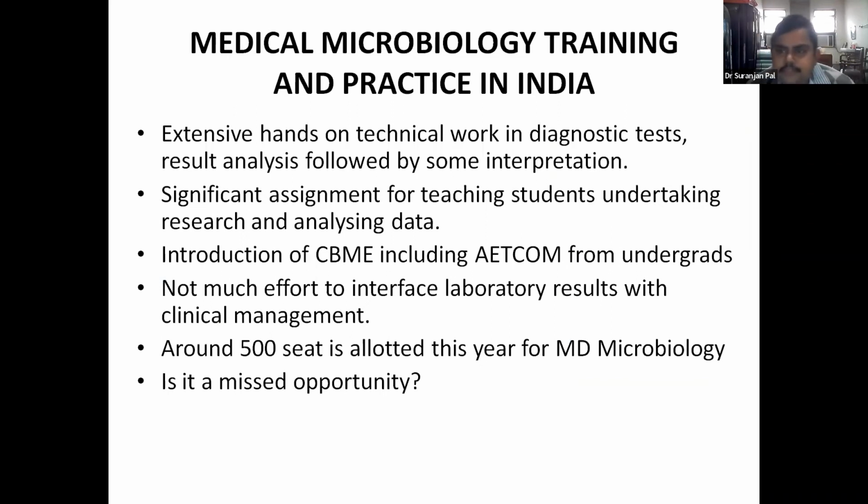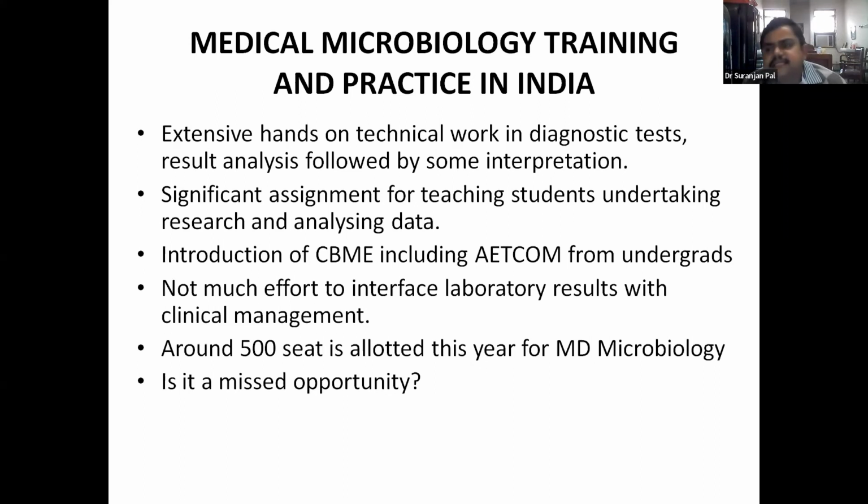So the future will be mostly dependent on technological advancement, and the microbiologists have to go from the lab to the ward, and especially the critical care unit. So we have to be prepared that we may have to do more work, more out-of-hours reporting, more ward rounds, more communication with the clinician, and also more information regarding the antimicrobial therapy.